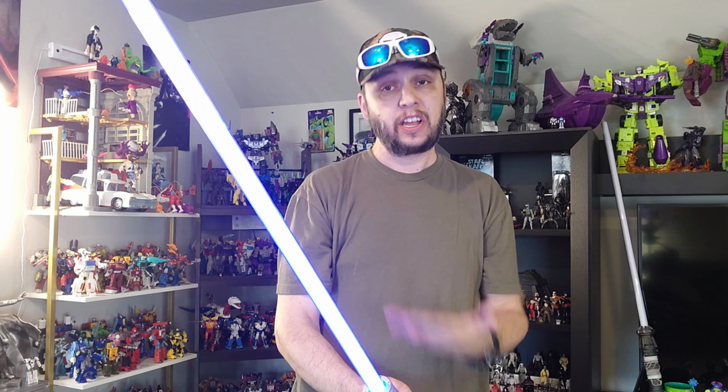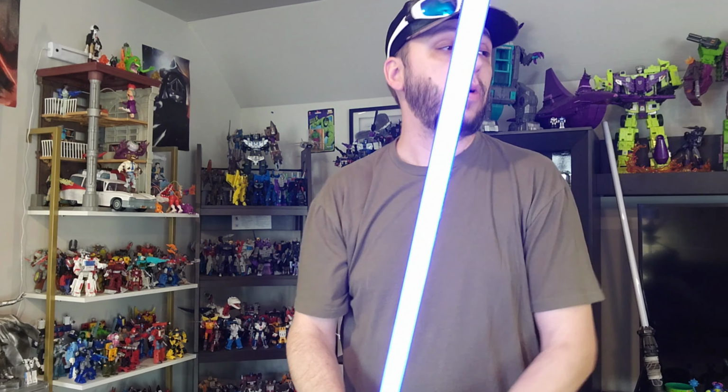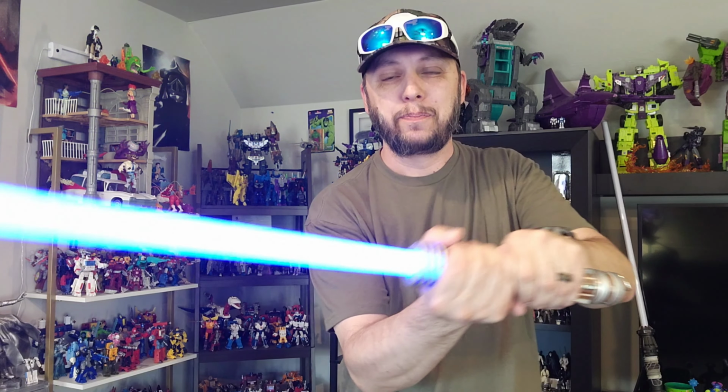Now, we'll do this in the dark because it doesn't really give a good idea of how bright the saber is. The blue looks good. I think it looks great. We'll turn this off real quick. Still going to be hard to give you guys a good look. We'll go into the bathroom and we'll do it. It's really dark in the bathroom, so we'll do it there. But